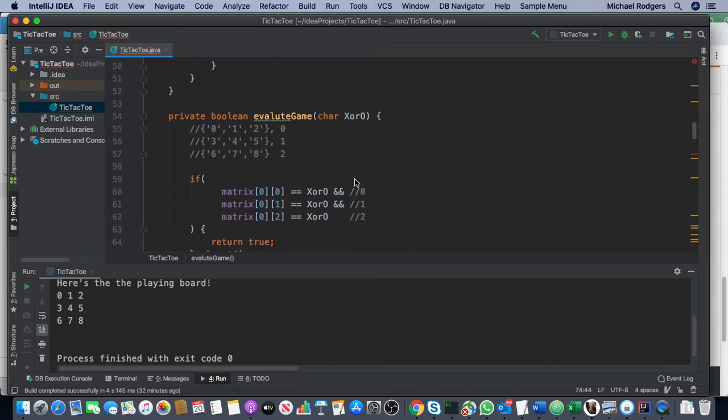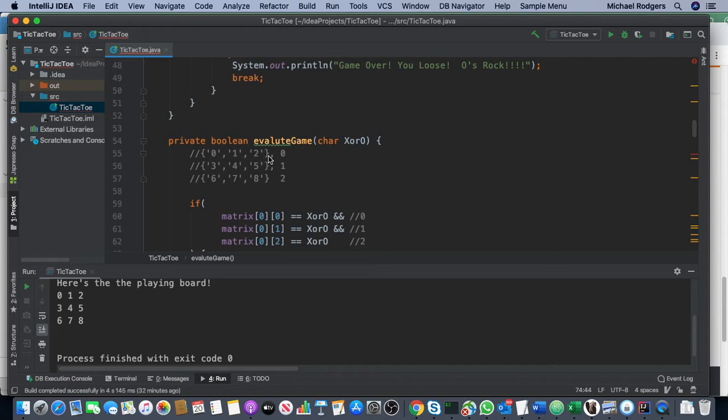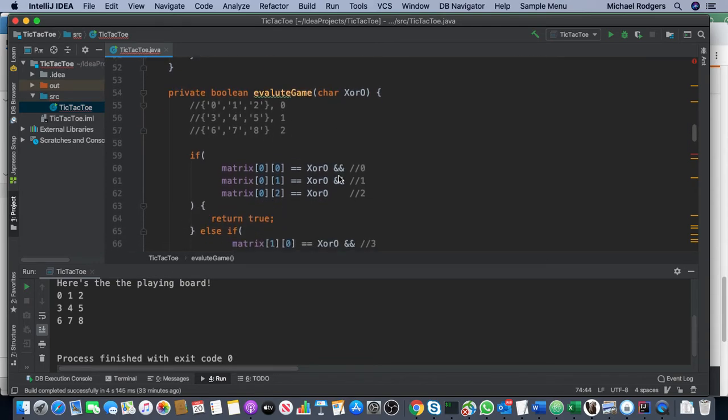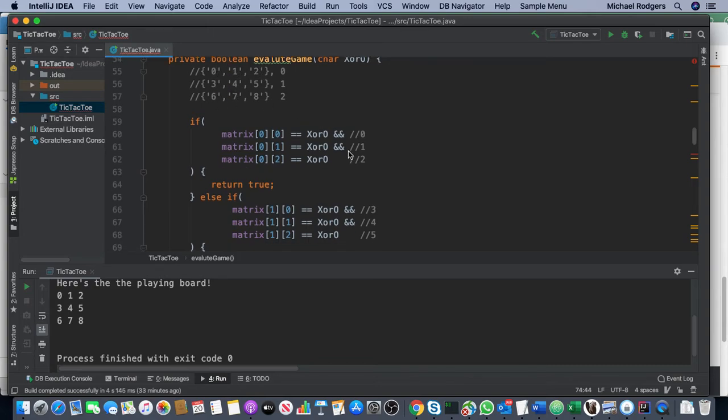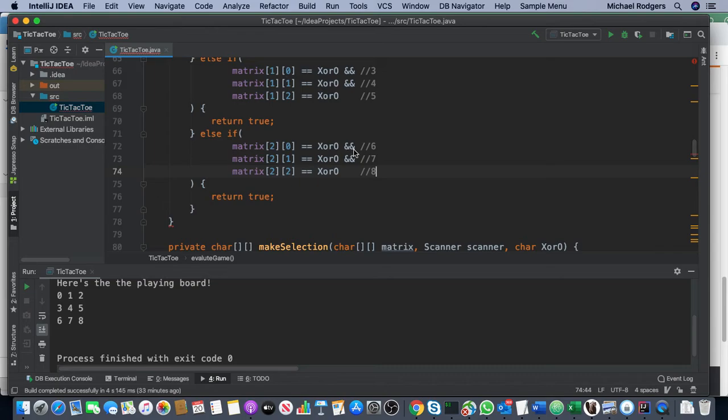So what that's given us is, if all of these are X's, true. If the second row is all X's, then it's true. Or if the third row is X's, it's true, right? Well, as we know, there's other ways that you can win this game. You could win the game if you have a diagonal, or you can win the game if the columns are true. All right, so let's work through this. We're almost done. Don't give up on me yet, okay? We're almost done. So copy this again,